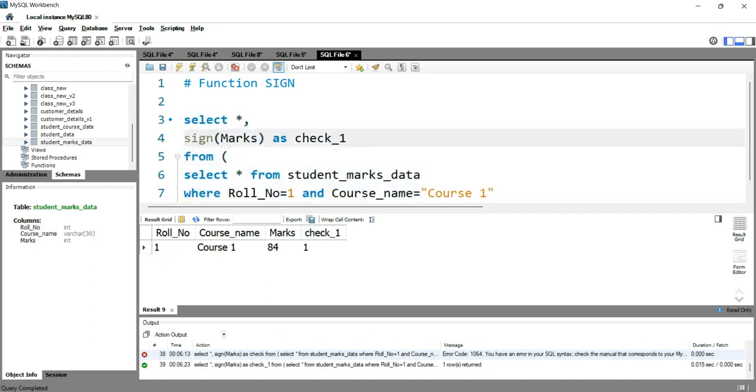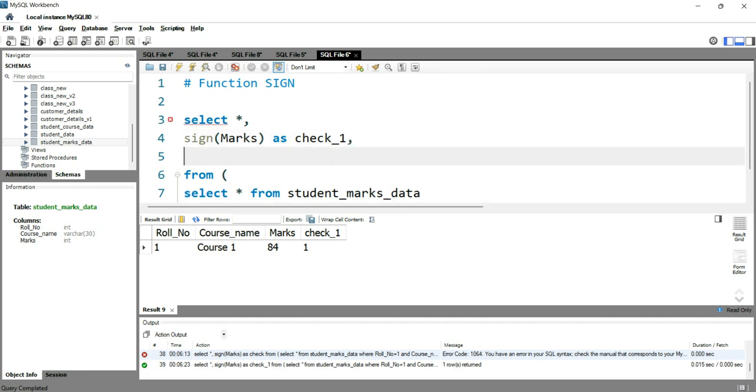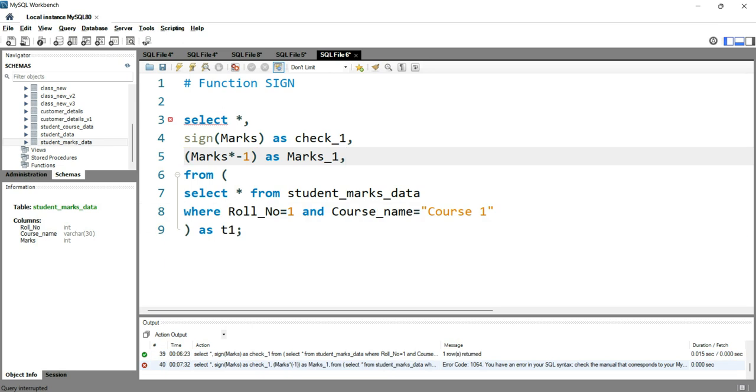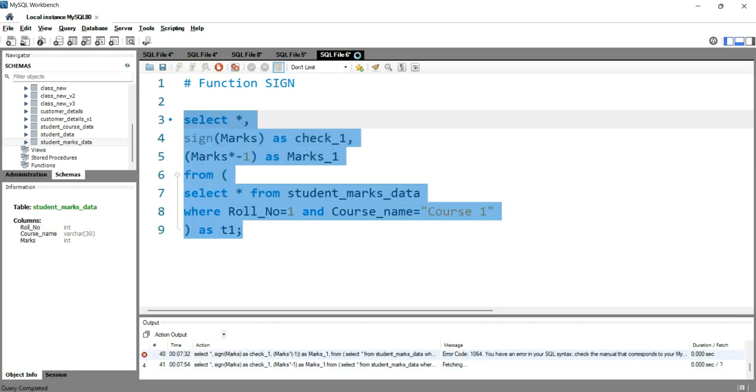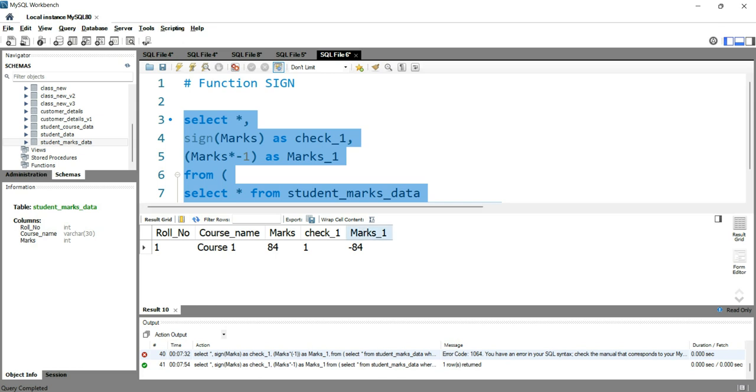Now let's create one more column, marks into -1, and let's keep the name as marks underscore 1. Now if I run this query, we will have an extra column, marks underscore 1, as -84.